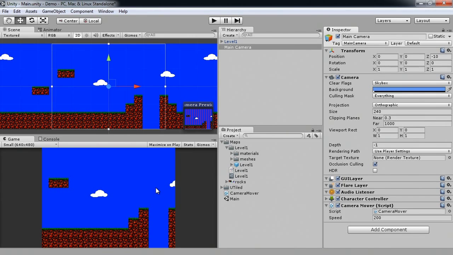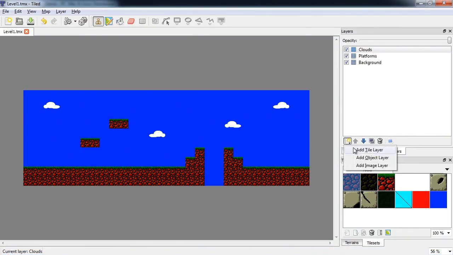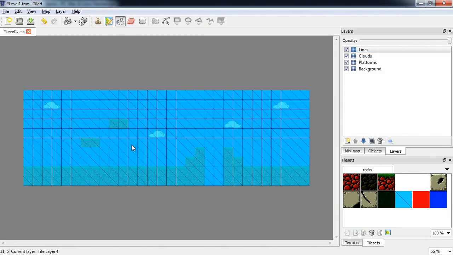So the other thing, while we're talking about all this pixel perfectness, is I kind of want to show an edge case here, or at least what the effects can be when you have it set wrong. I'm going to come back to our level map here, and I'm going to add a layer. We're going to call it lines. And I'm going to take this block that we made earlier to demo this effect, and just put it over